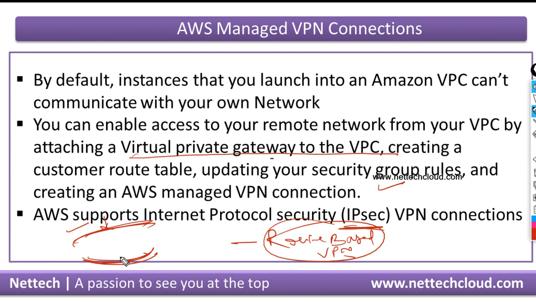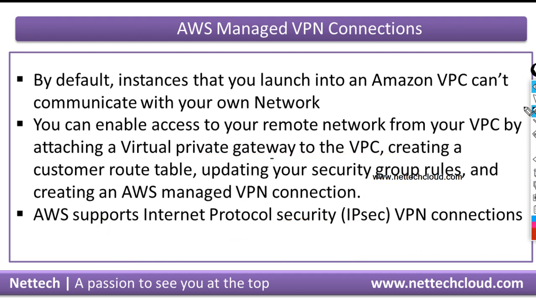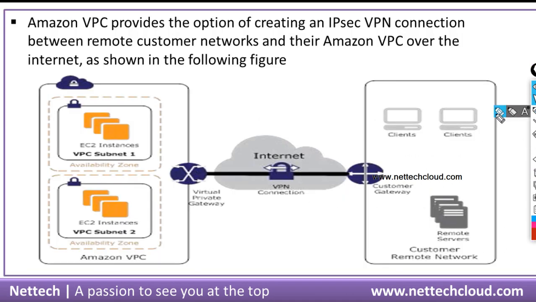So let us assume that I have only one ISP link terminated to my firewall, and there is no redundant ISP link, there is no redundant path, so definitely I would never prefer creating two tunnels, because two tunnels means there have to be two different paths to reach the internet. But the recommendation here is creating two tunnels, and here is the VPC, AWS VPC and VPN gateway, right?